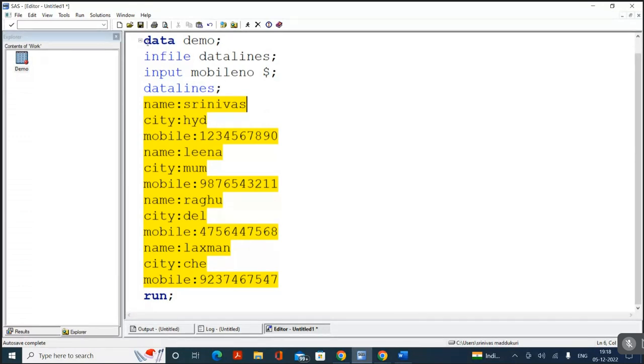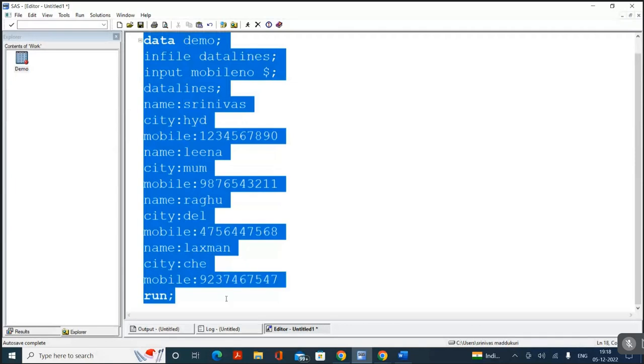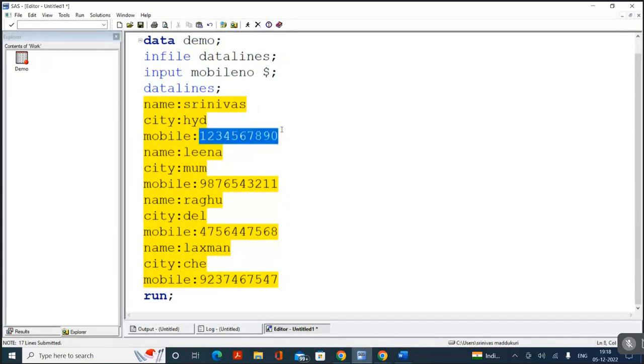But when I execute this program, I do not want to have all the 12 observations. What I want to do is capture only the mobile number. This one, I want to capture this one, and I want to have only this one. So I want to have only 4 observations, and only the mobile numbers. Now, in this scenario, what I'm going to do in the infile statement,